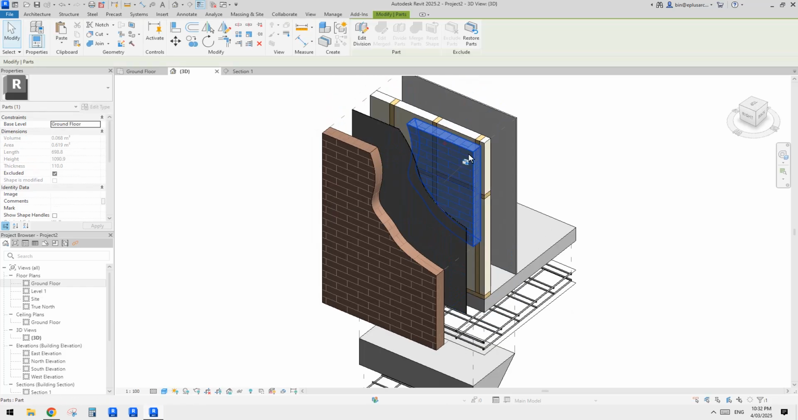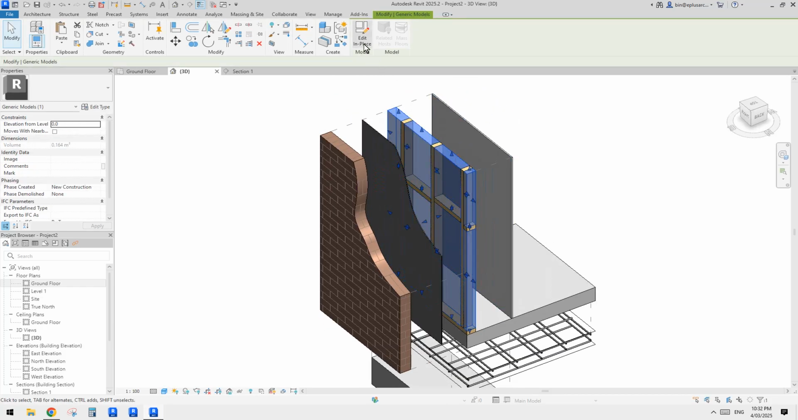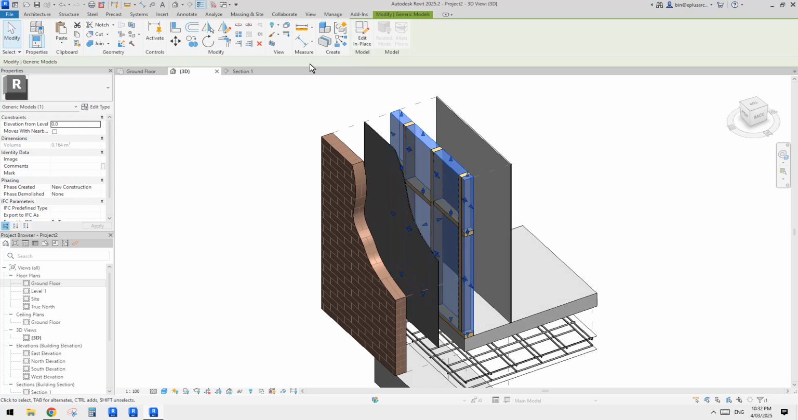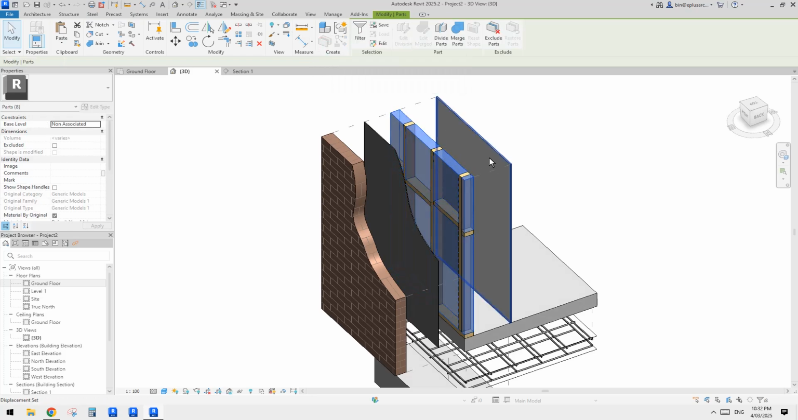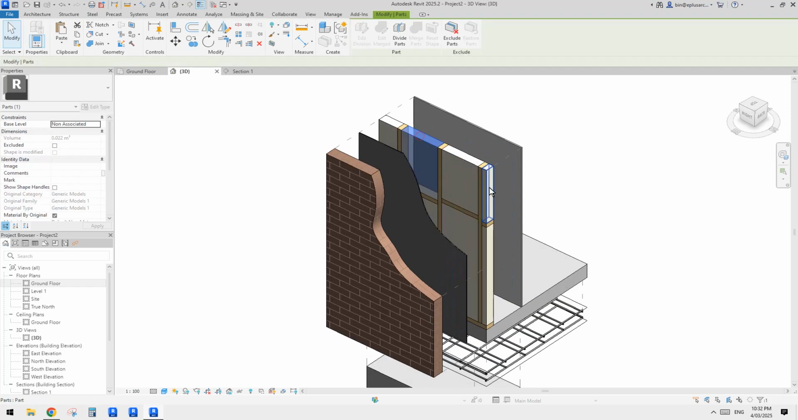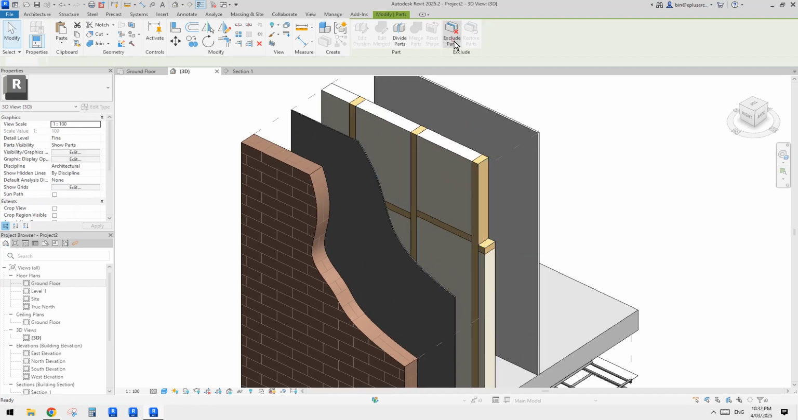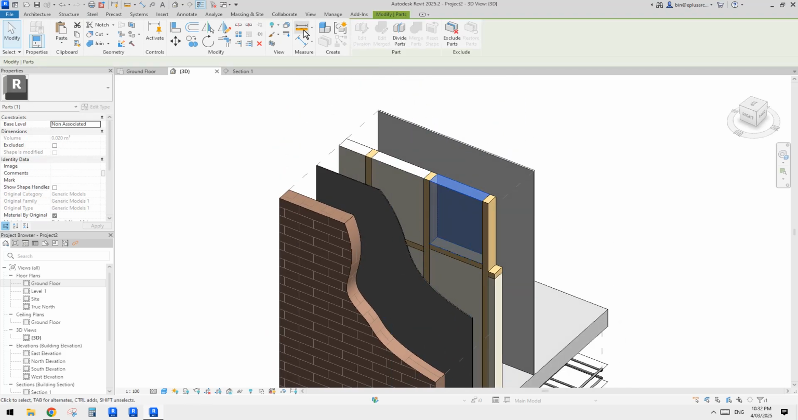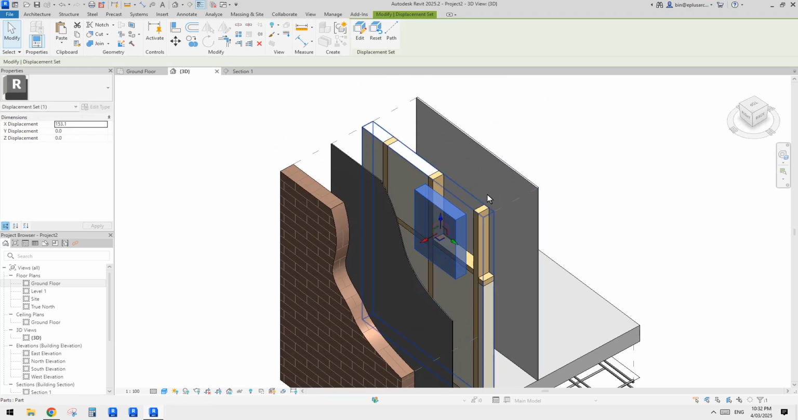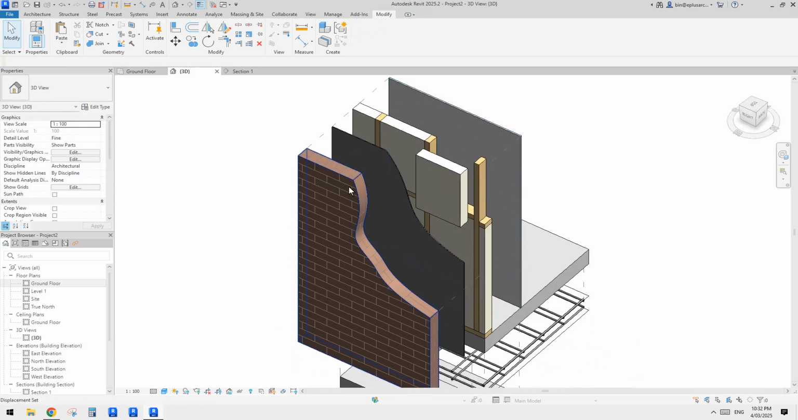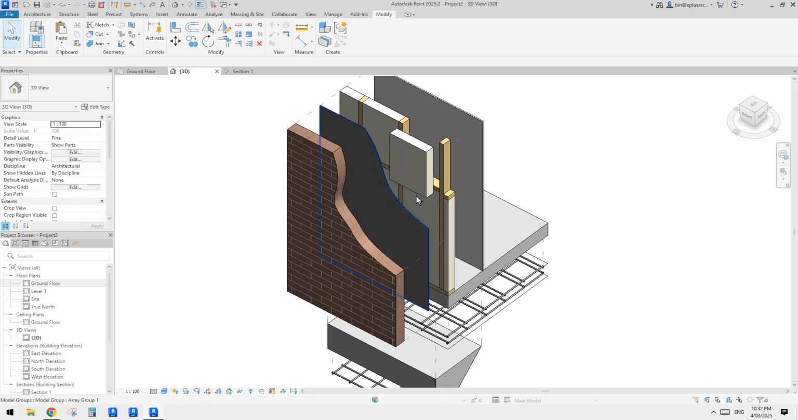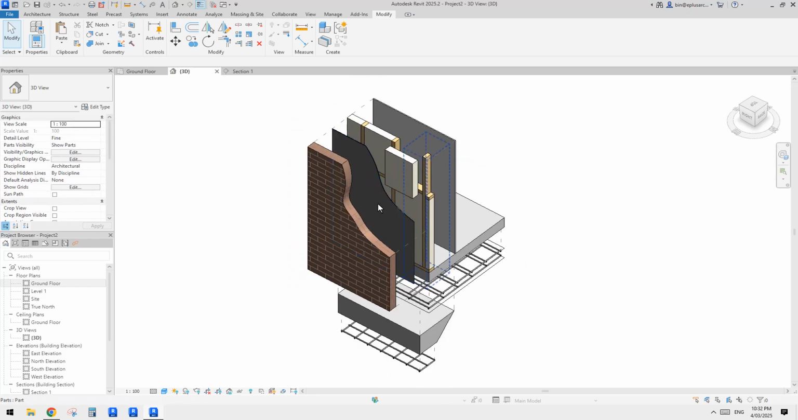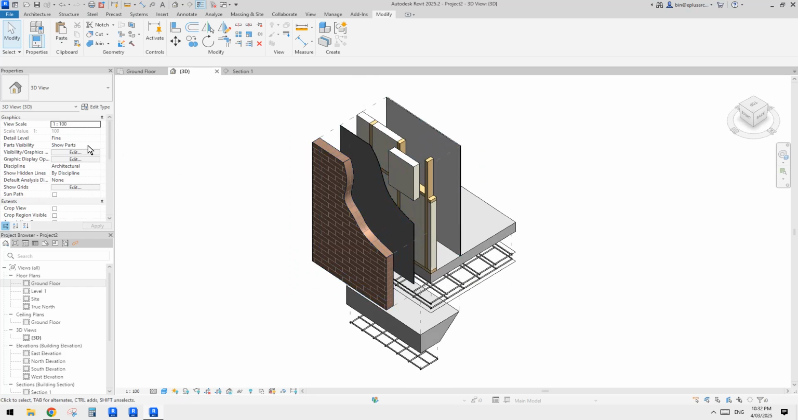Okay, so you can still create parts. You can see this is model in place, right? So you can use create parts, and then they become individual. For example, I don't want to show this one, I want to move this one. So it's very, very easy to work with, right? And then if you want to change back to the actual model, you just need to